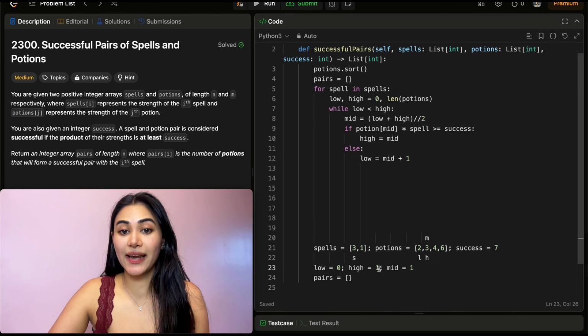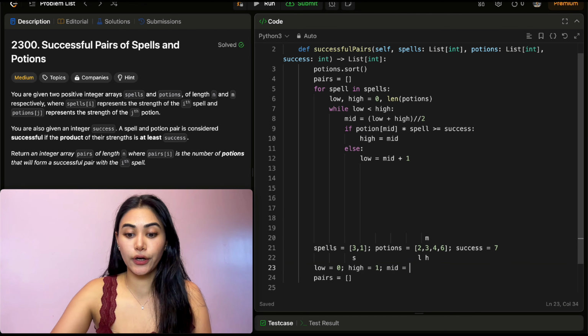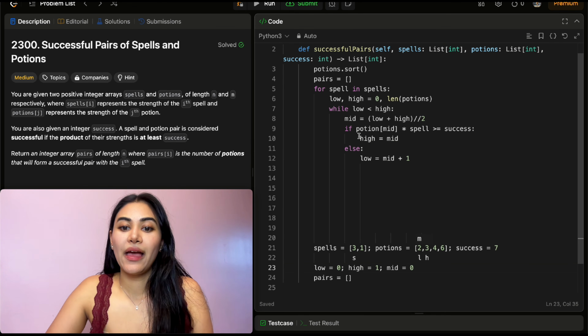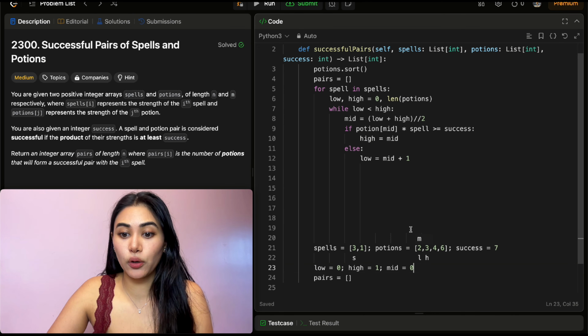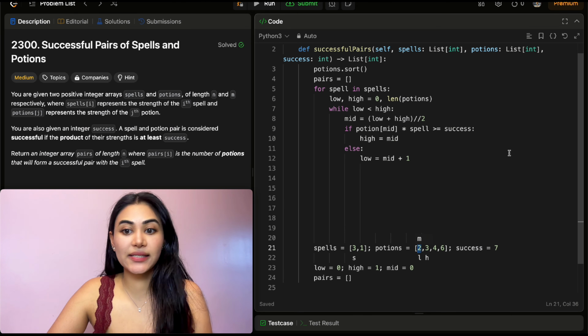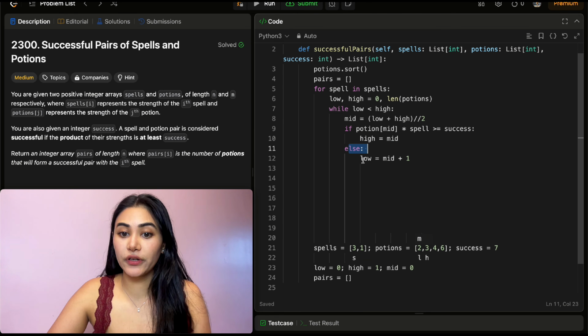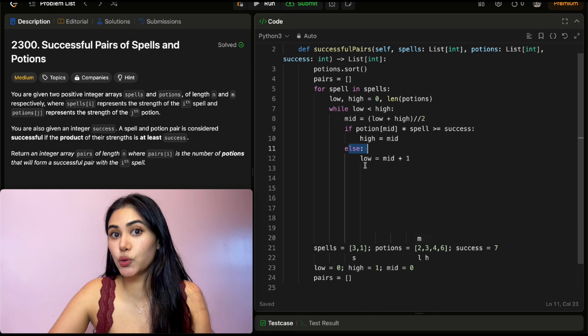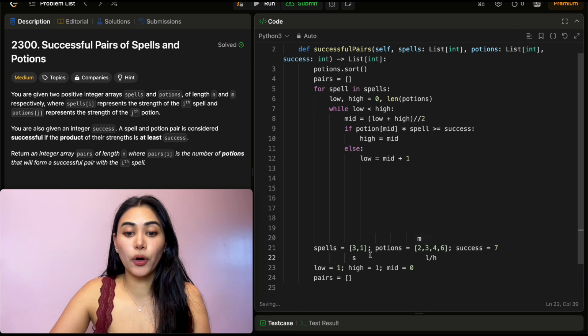Low is still less than high. We find the new midpoint. So 0 plus 1 is 1. Integer dividing that by 2 is going to put us at 0. We don't care about decimals. And we want to make the same check, right? Potion of mid is 2. 2 times 3 is 6. It's not greater than or equal to success. So we're in this else condition, and what we do for this is just move low to be mid plus 1. So low and high are now both at 1, which means we can exit this while loop,